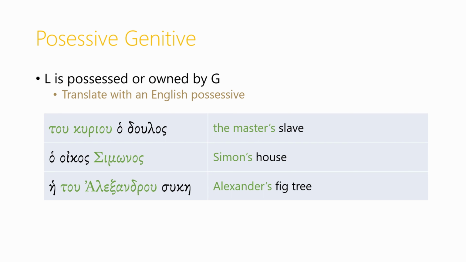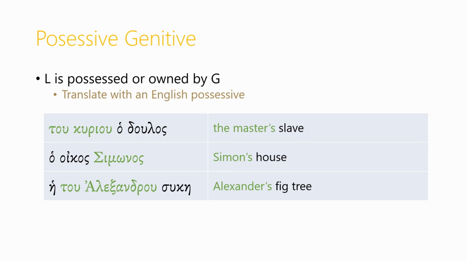A possessive genitive translates much the same way. So, tu kuriou doulos is the master's slave. Ho oikos Simonos is Simon's house. But we could always also translate this a little bit more fully. And for he tu Alexandrou suke, we could say Alexander's fig tree, but we could also say the fig tree